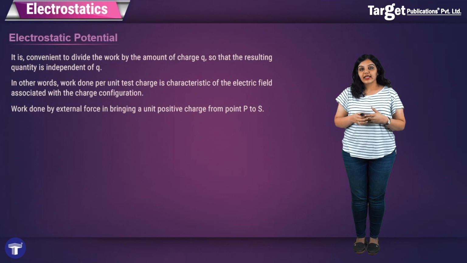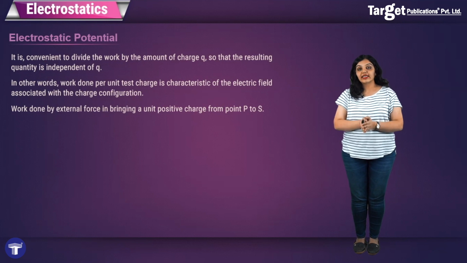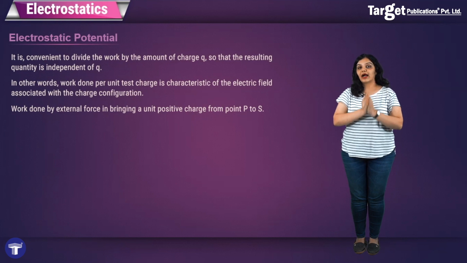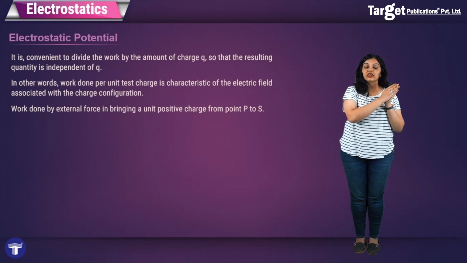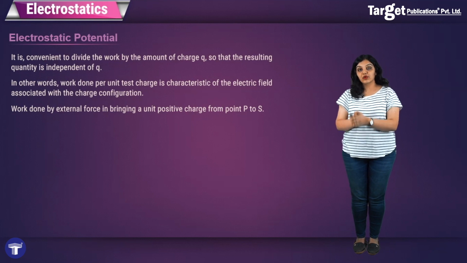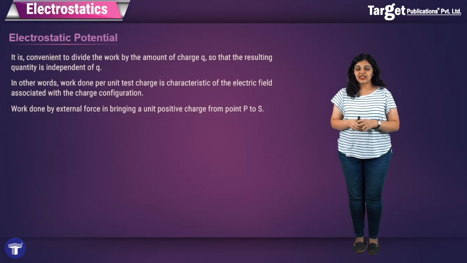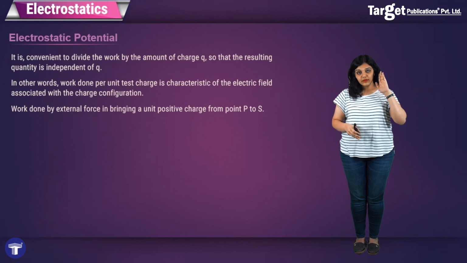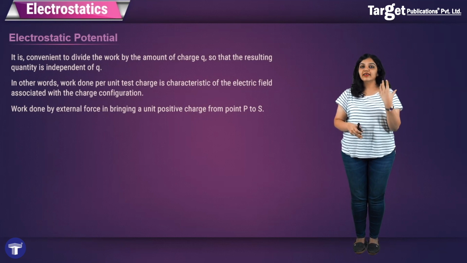Okay, so like I said, we have found the electrostatic potential only by dividing the electrostatic potential energy by the charge Q, and therefore the definition will be the same, but we will say instead of taking charge, we have taken a unit charge, because it is nothing but per unit charge that we have defined the electrostatic potential. So we'll take the same definition, that is electrostatic potential is the work done by the external force